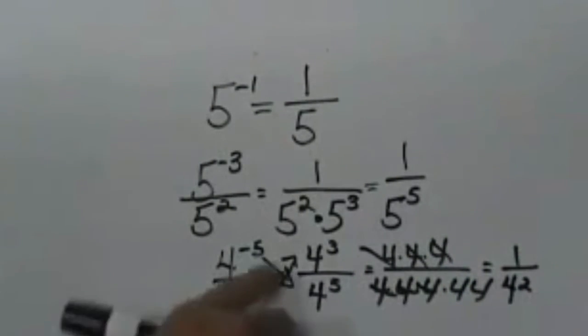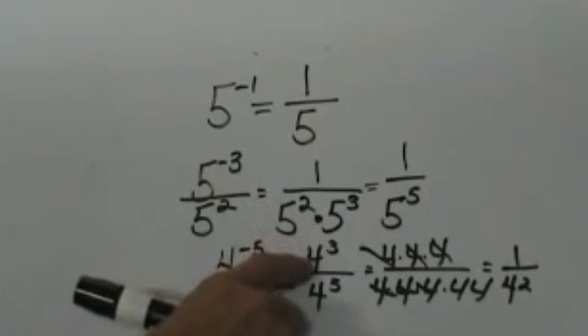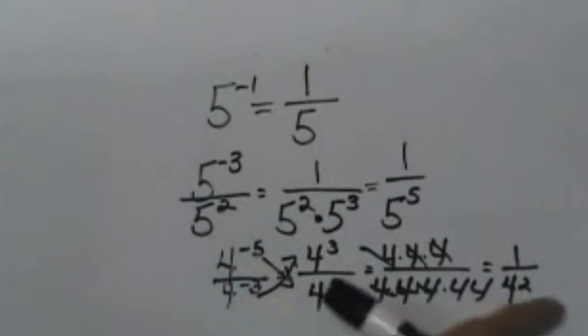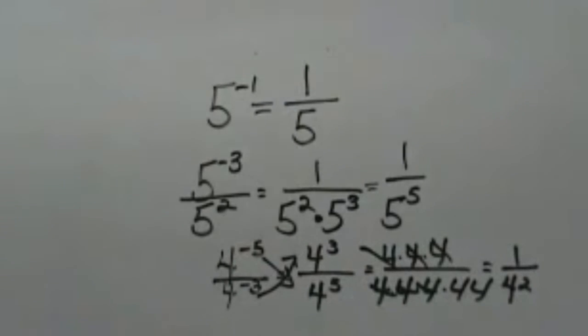Okay? Or at this point, you can again subtract. 3 minus 5 is a negative 2, so the negative 2 would be on the bottom. So a couple different ways to handle it. It's up to you how you want to